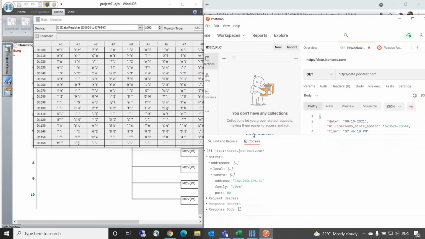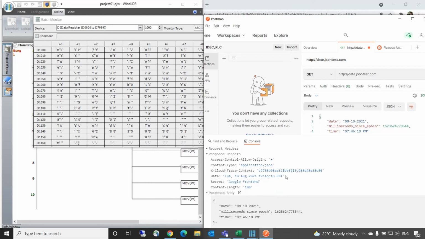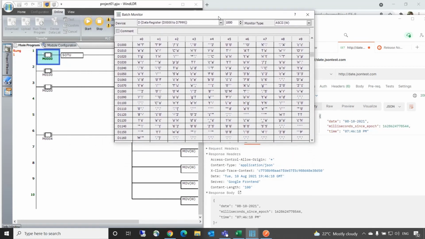I will just compare with the console here. Close this, the response headers, response body. We can concentrate on these two, so we can correlate everything. Just neglect this; after that, from here we are getting the actual data. This is just for confirmation that we have received the data. Access-Control, so everything is mentioned.